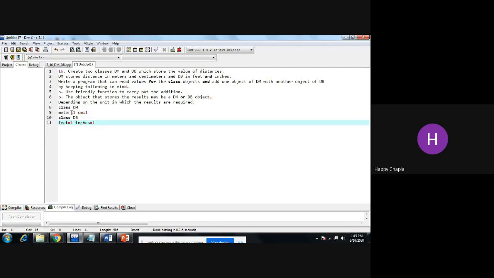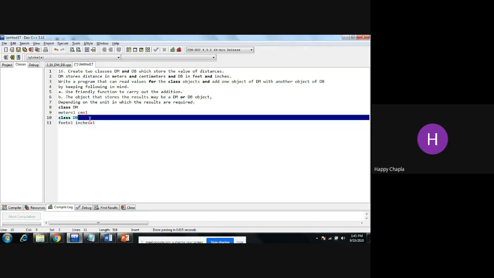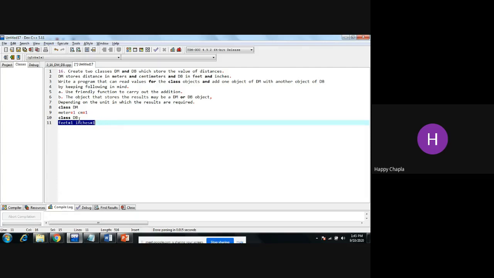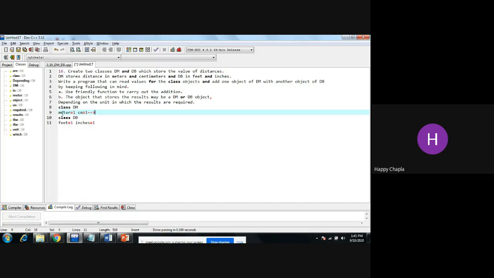So according to this we need to add every unit with each other, and I need to give the final total distance. But keep in mind that these two are private for my DB class and these two are private for my DM class, right? So the object of this class can access meter and centimeter, and for this class, these two units are accessible by the object of the DB class.